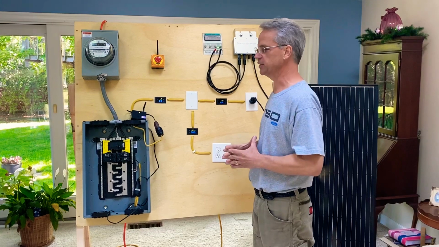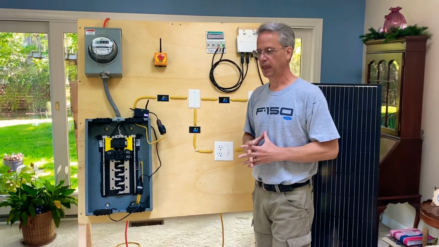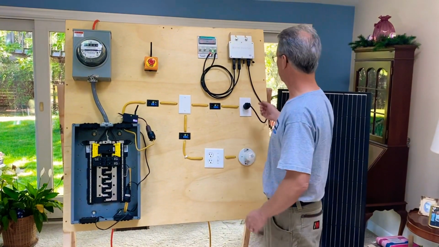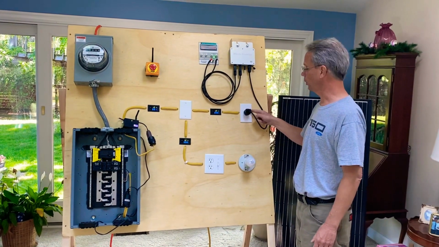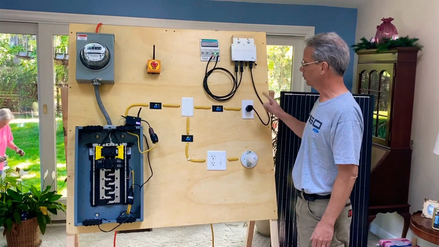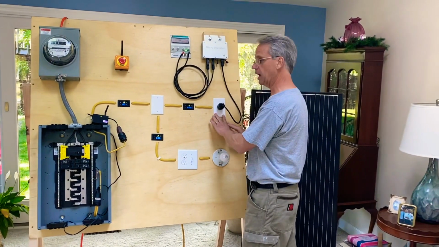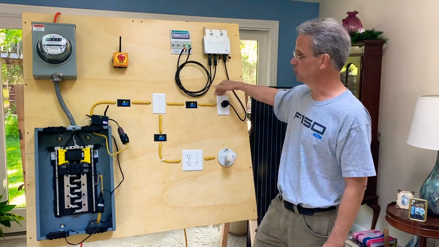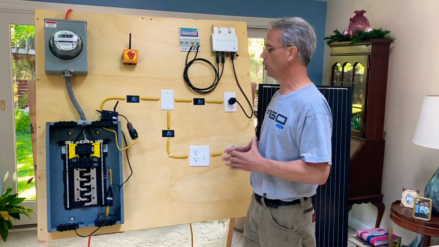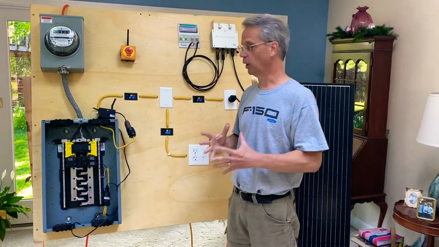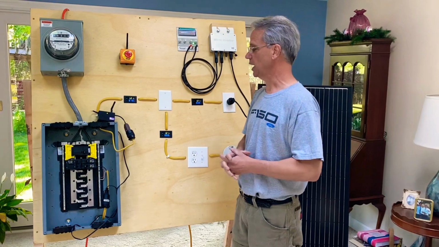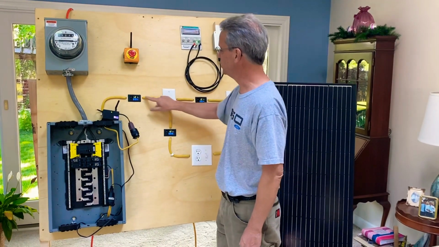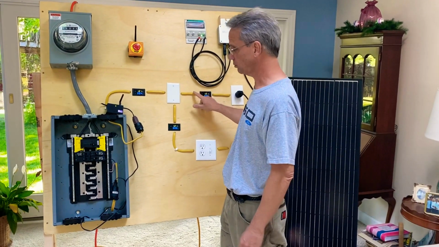Now, let's think about this. If you're a homeowner and want to install solar by yourself, you're just going to get your inverter and look for the first available plug, and you're going to plug it in. The trouble is this may or may not be a dedicated plug. Well, you'll never figure out if this is a dedicated circuit or not. So what we're going to do is give you our AC diode. And this AC diode will be on the job making sure that this is indeed a dedicated circuit and thus